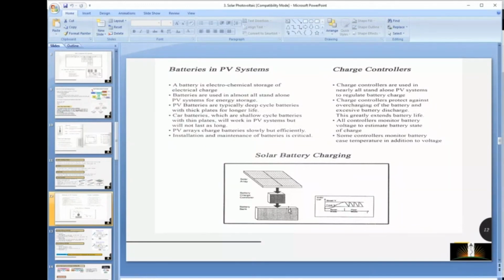A charge controller is something we generally use to ensure that a battery is not overcharged or undercharged. To ensure this, we use a device called a charge controller. It ensures that the current being fed to the battery is of the same voltage level. It should not vary, because if it varies, there will be fluctuation and ultimately the battery would get damaged.